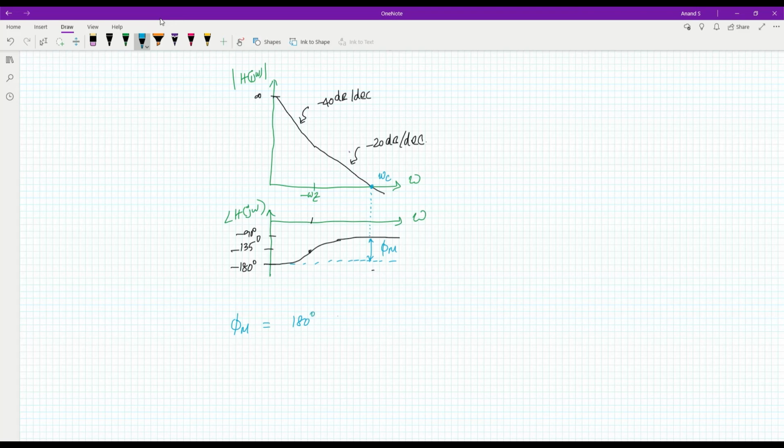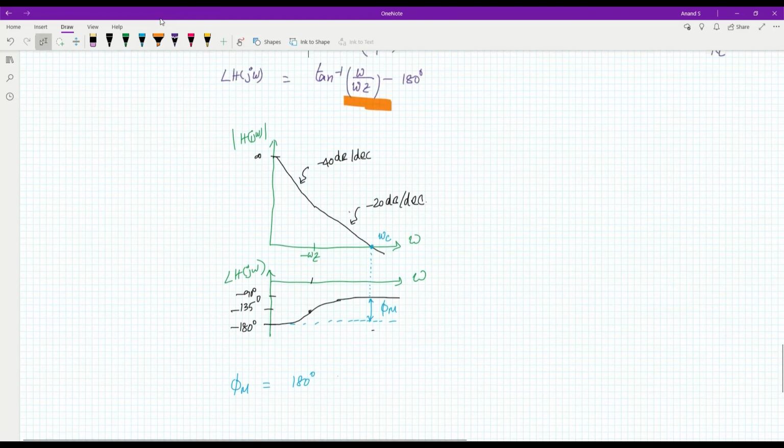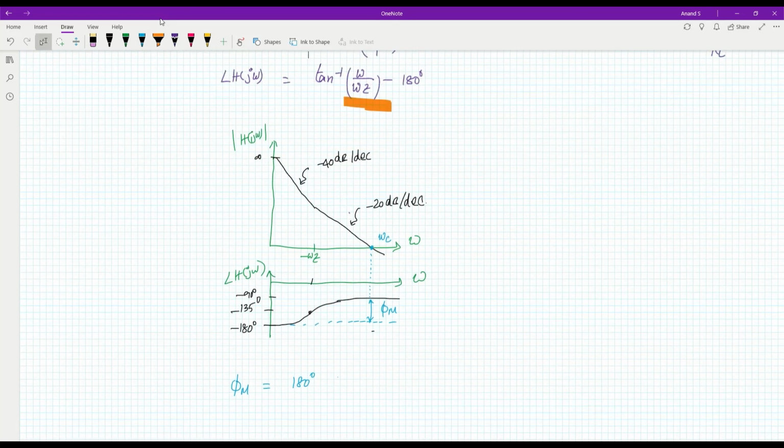So phase margin is given by 180 degree minus all the phase contributed by the poles and zeros at omega c. So replacing this omega with omega c, we will be getting this. Okay, so 180 degree minus